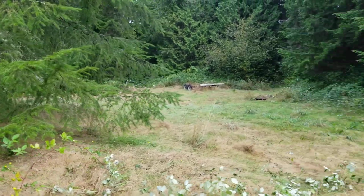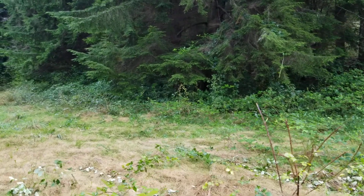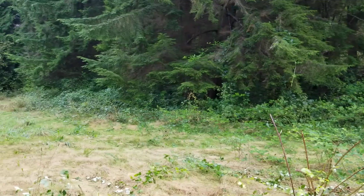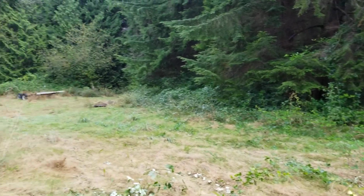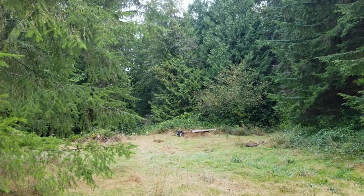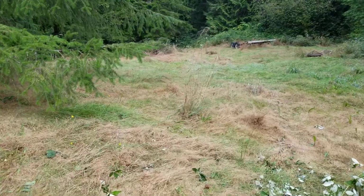We're starting this new job here, and this is actually the second time I've logged here. This is literally my first logging job. It's, I think, 6.9 acres or 7 acres, and